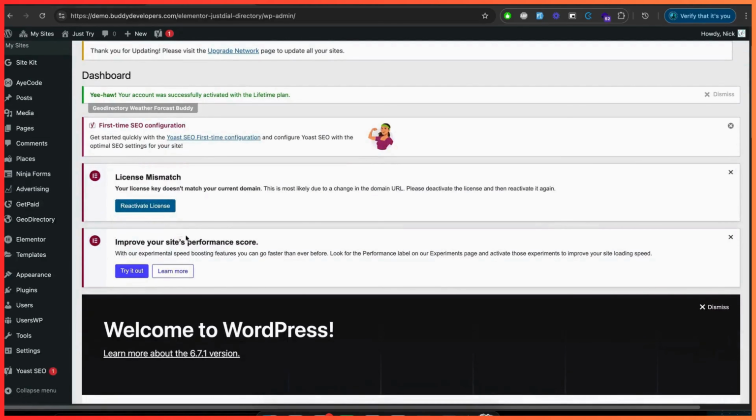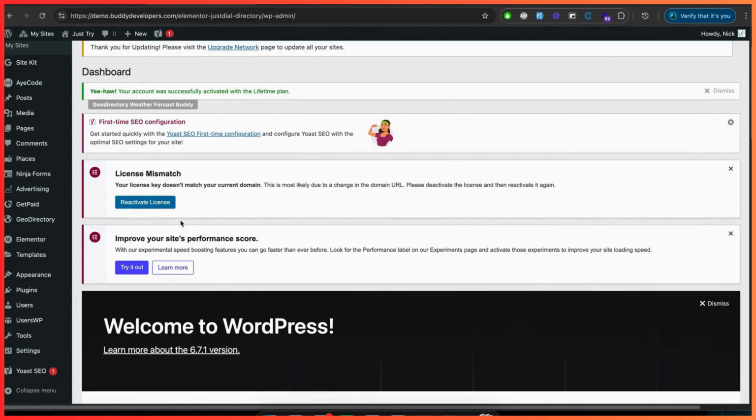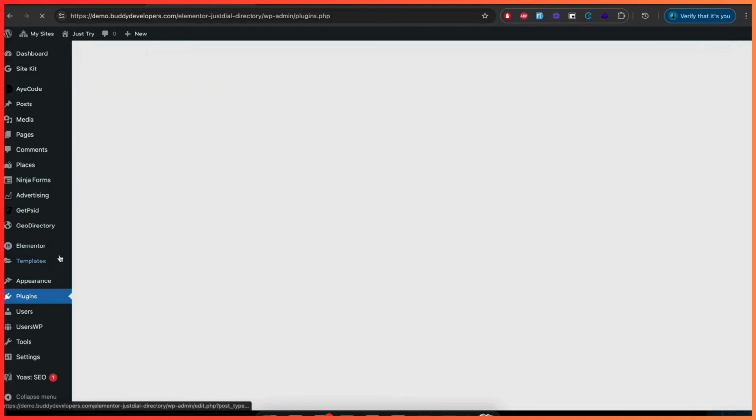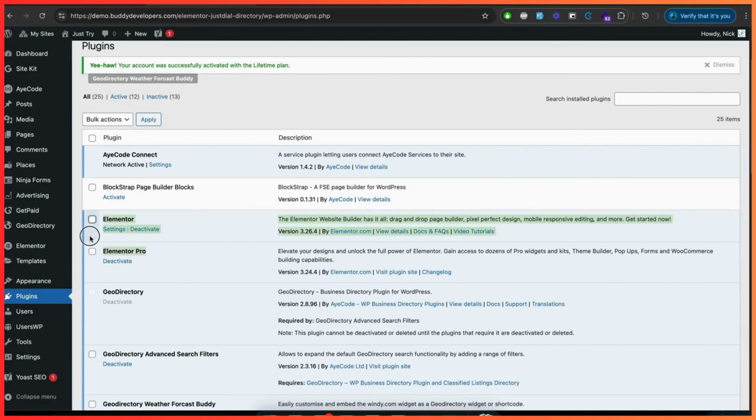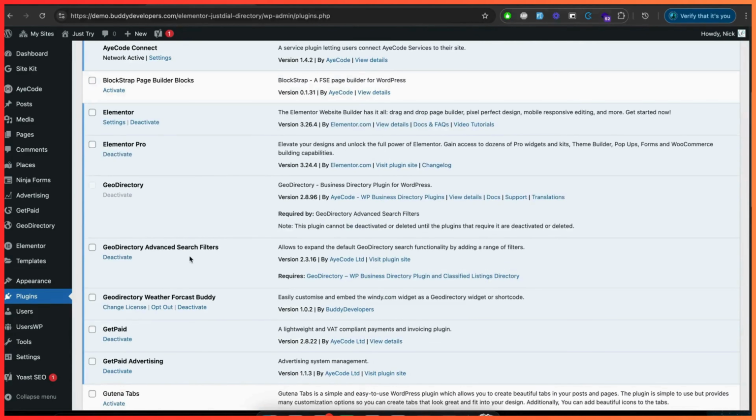So as you can see here, this is my WordPress backend for this website. And if I go to the plugin section, there are several plugins, but mostly Elementor, Elementor Pro, and the GeoDirectory plugin, which is used for creating this entire directory website. And we are using some add-ons of GeoDirectory, like the Advanced Search add-on, and